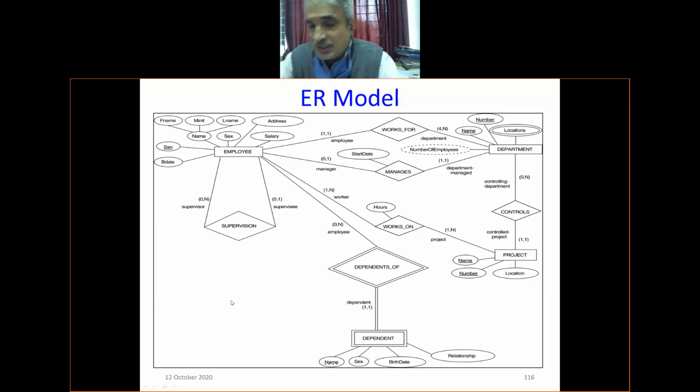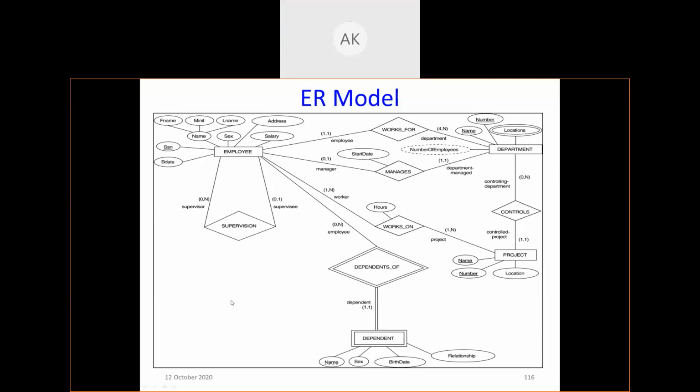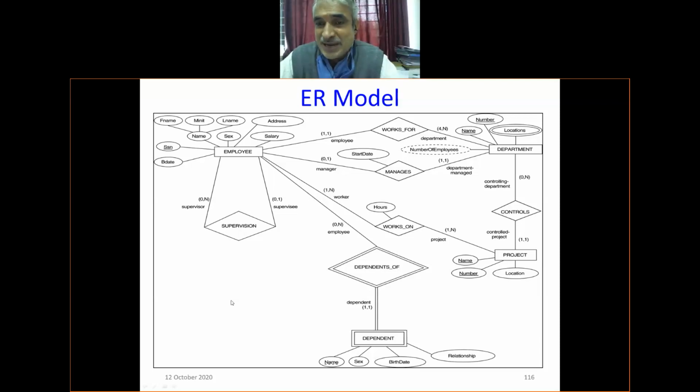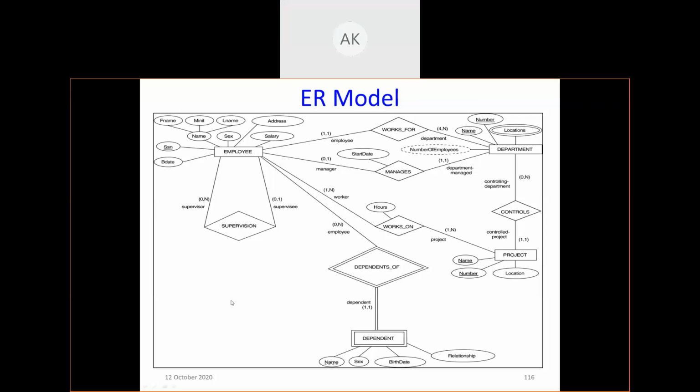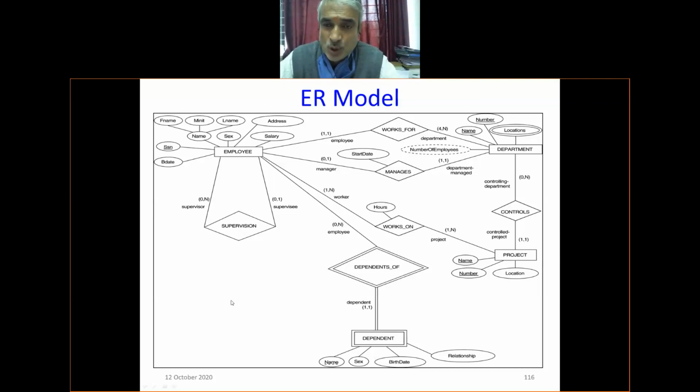Now, there is the next question. Consider the following ER model. Got it? This diagram will appear. Then prepare schema. Prepare schema in appropriate normal form. Got it? So such a question may appear. This question is overlapping with DBMS. Please remember, because in data models we have to speak about the ER model. And in software engineering, we cannot study only theory.